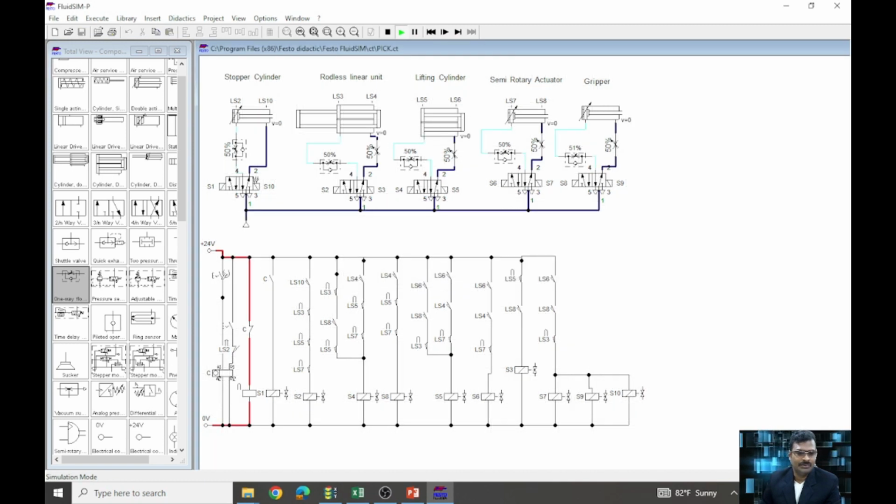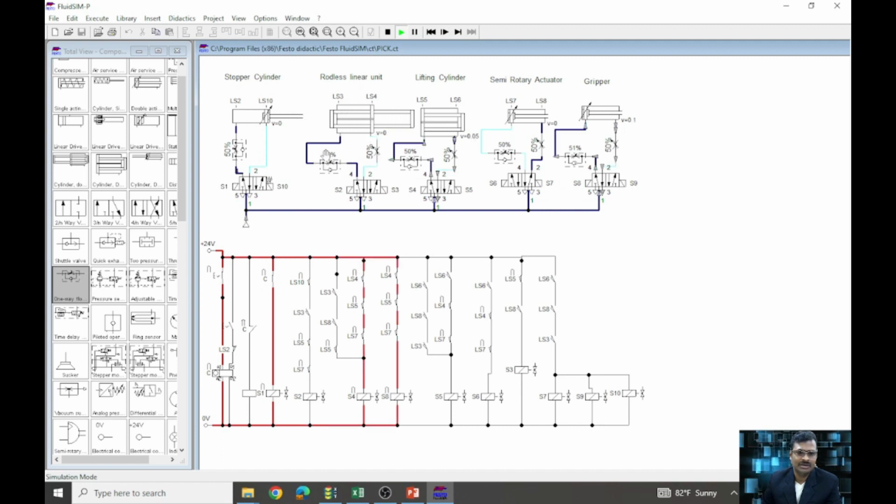So it's ready to go now. This is my LS1. I am going to make a count. I have given a preset value of 5. So 1, 2, 3, 4, 5. Once it is done, the stopper cylinder goes up, the rodless linear unit goes back, and this lifting